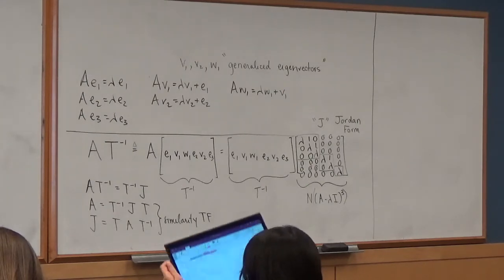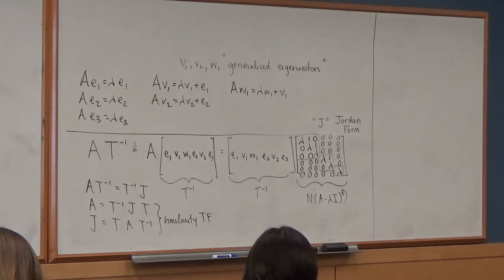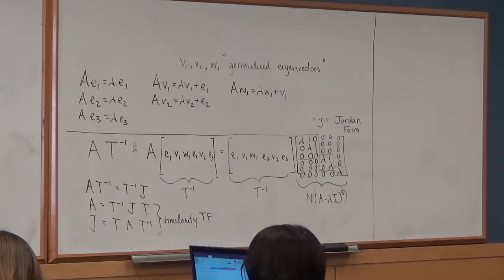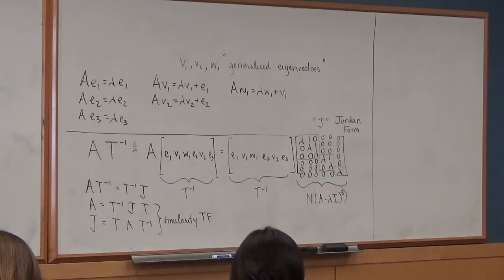If J is, I'm just going to do one Jordan block here. So suppose you have a Jordan block, lambda, lambda, lambda, and so all of the super diagonals here are 1, and everything else is 0. Then f of J is an upper triangular matrix whose diagonal entries are just f of lambda,